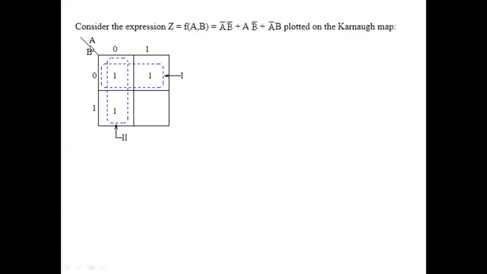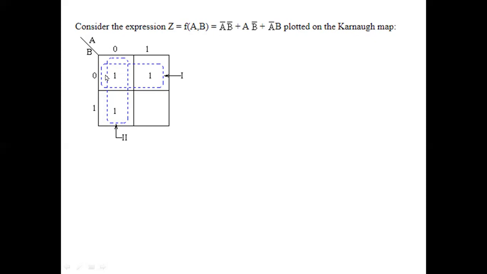The two variables are A and B. Oh, A and B, okay. They have taken A, B this way. So according to that only, they will simplify the solution. Okay, the entire column got selected. The column value is A is equal to 0, and in SOP that is A bar.